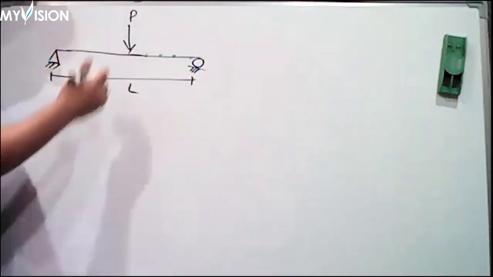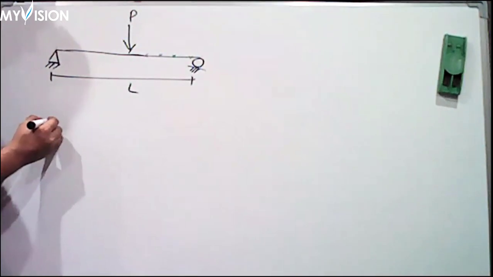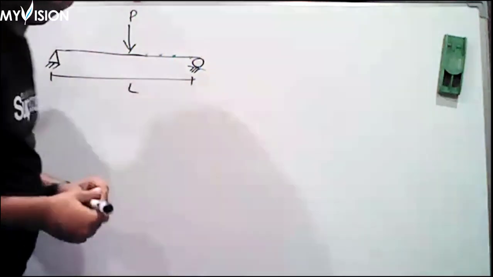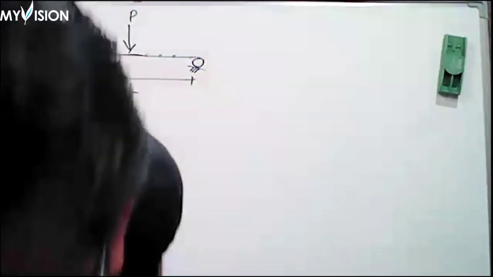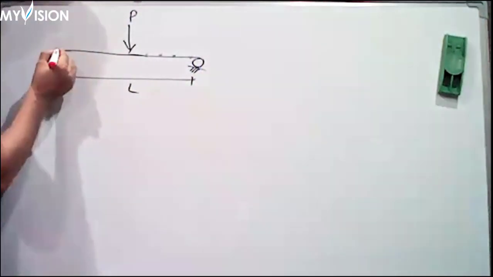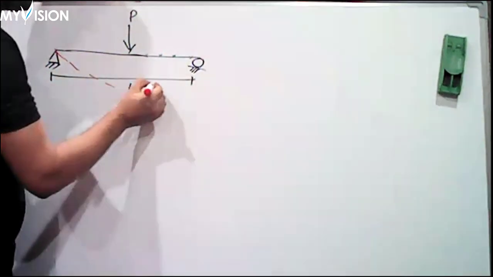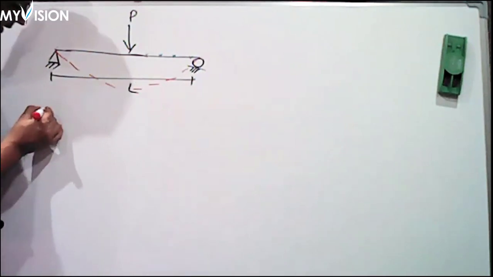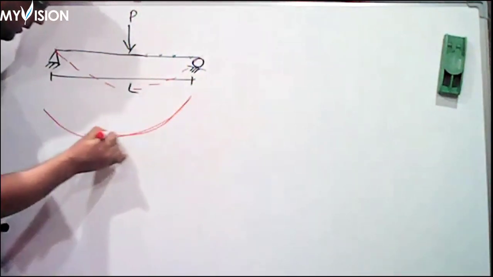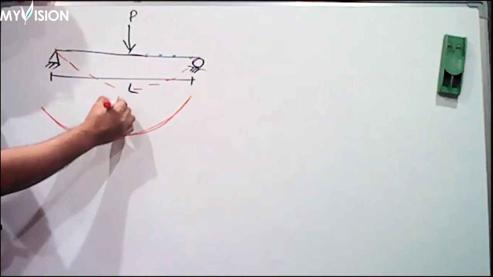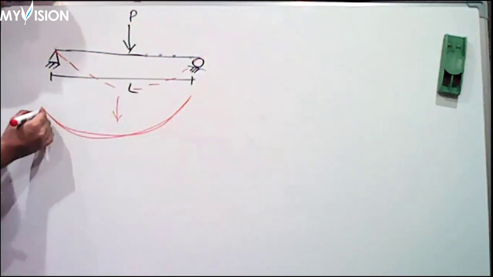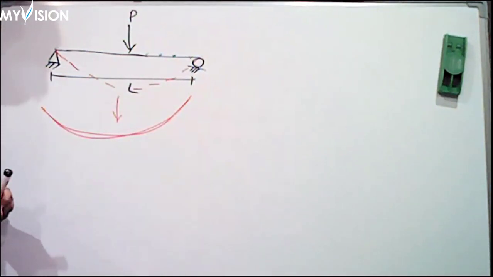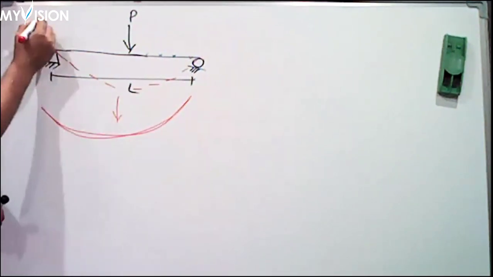So the bending will be in this way, which means your beam can bend in this direction. So this is the bending part of the beam. Load is applied in the center, so the beam will be bent in this way. This is a simply supported beam. We call it